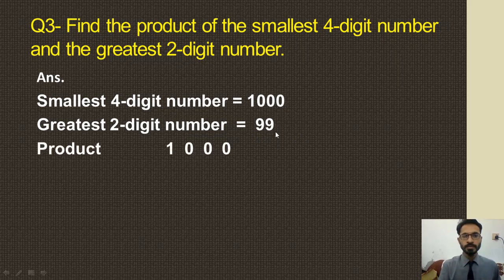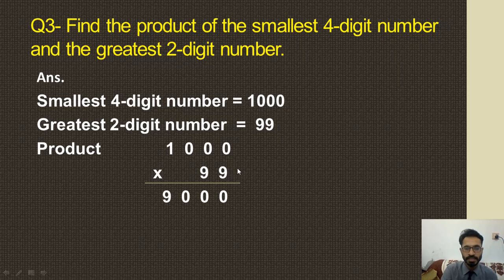Now we will multiply, or we will find the product. In the first row we will write the greater number, that is 1000. In the second line, first we will put the multiplication sign, and after that 9 will be written under this 0 and the second 9 will be written under this 0. We will multiply 9 with 0, 0 and 1. After multiplication, we will get 9 zeros are 0, 9 zeros are 0. Similarly, 9 zeros are 0 and 9 ones are 9.